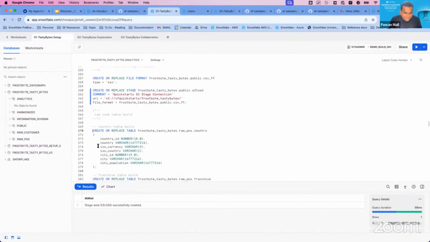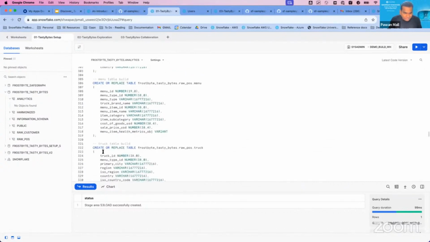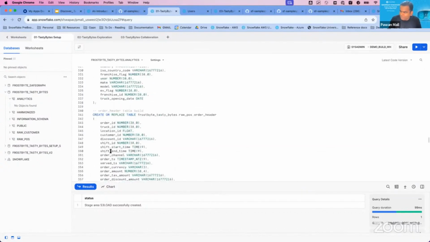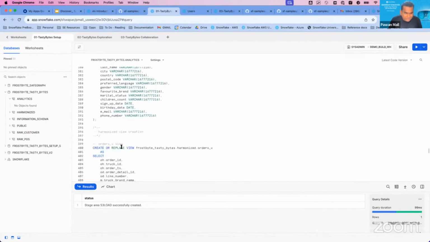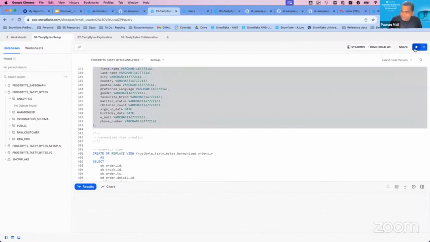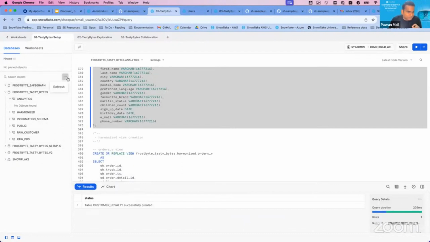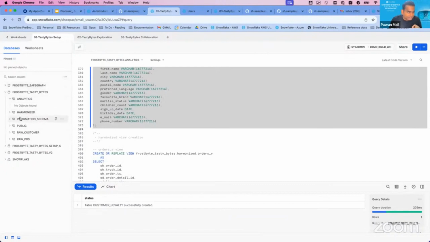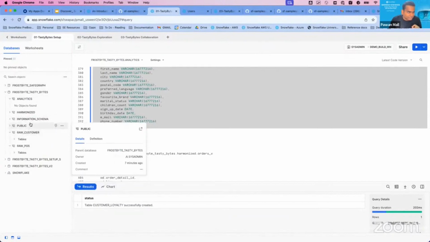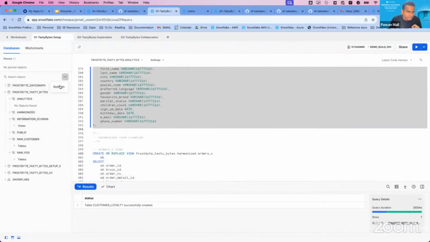Now, after that, I'll go ahead and create all these different tables. Again, there is nothing very complex in this. These are just simple DDL statements. I'll create all these different tables where I will load data from S3. Okay, so all these are created. Now if I refresh on the right-hand side, I can see some of these tables which should be created.